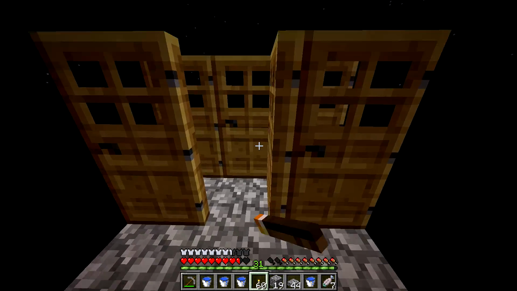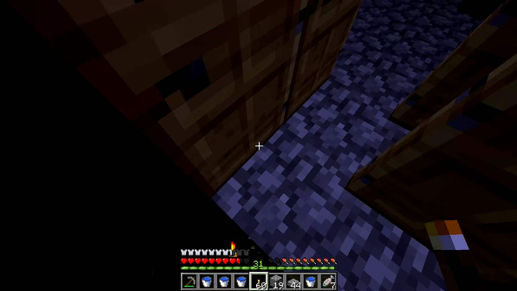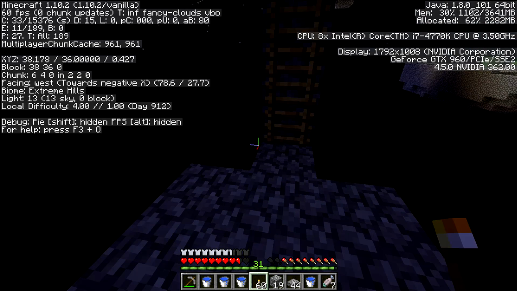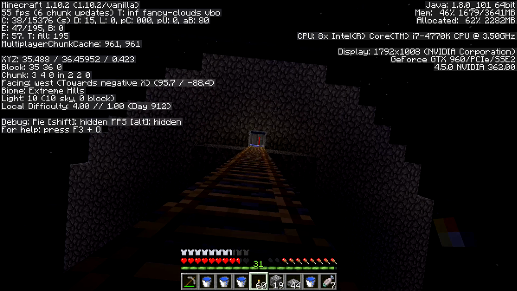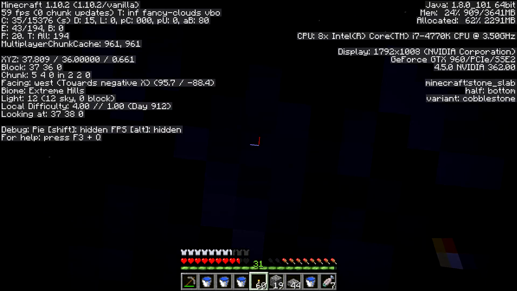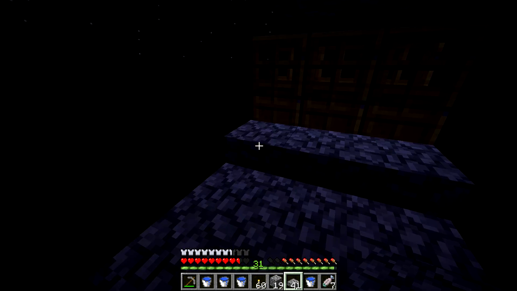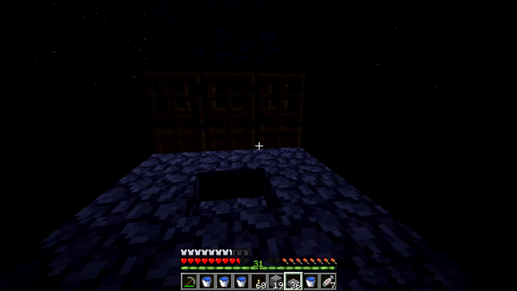Yep. Hopefully this works. So block light level should be 0 right now. 13 sky. Is that where we're getting sky from? No, it's just because of the edge there. Okay, which means that this thing's only going to be able to spawn at nighttime, which makes it just that much more difficult. So like, if we go here,